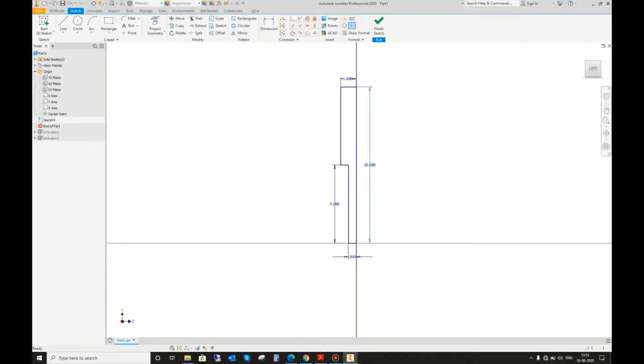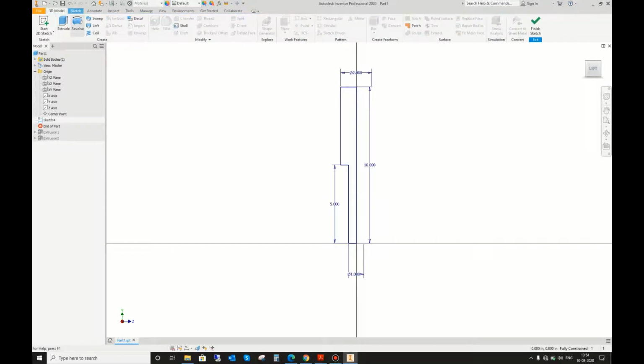If you are confused in giving dimensions, then what you can do is, in giving diameters, you can make this axis a centerline from here. Now if you give the dimensions from that centerline, it will come in inches, so you won't get confused. You will know these are the diameters you are giving and what the exact diameter will be. Since we need this sketch to be fully constrained, we have to draw another line, making this sketch fully constrained.